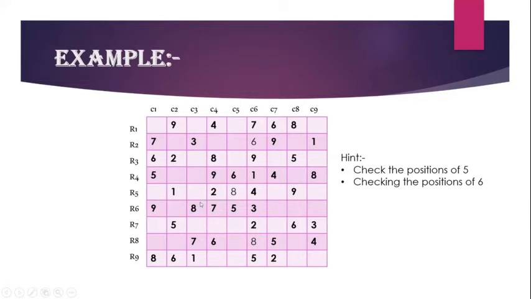So there are 2 possibilities in column 3, that are R5C3 and R4C3. But if we check the row, we already have 6 in row 4. So R4C3 cannot be filled with 6. So automatically the only cell left over here is R5C3. So R5C3 is filled with 6.